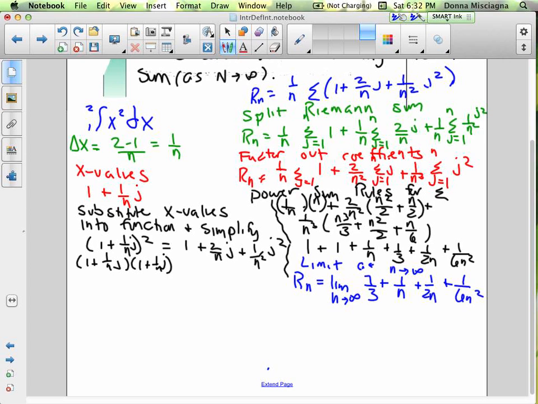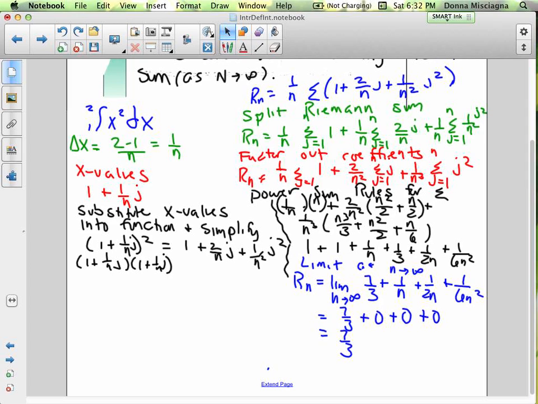And of course, that would be equal to 7/3 plus 0 plus 0 plus 0, right? That's one of our rules we learned for limits, equals 7/3. So there we found the exact area under the curve as a right Riemann sum. And you need to be able to do this. All right? You need to understand it, because limits are the basis for everything we do in calculus. So you do need to be able to understand it and be able to do this one as a right